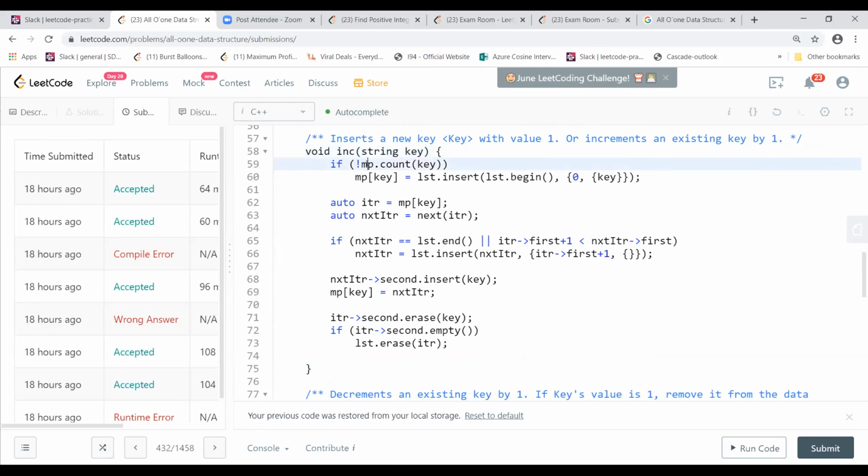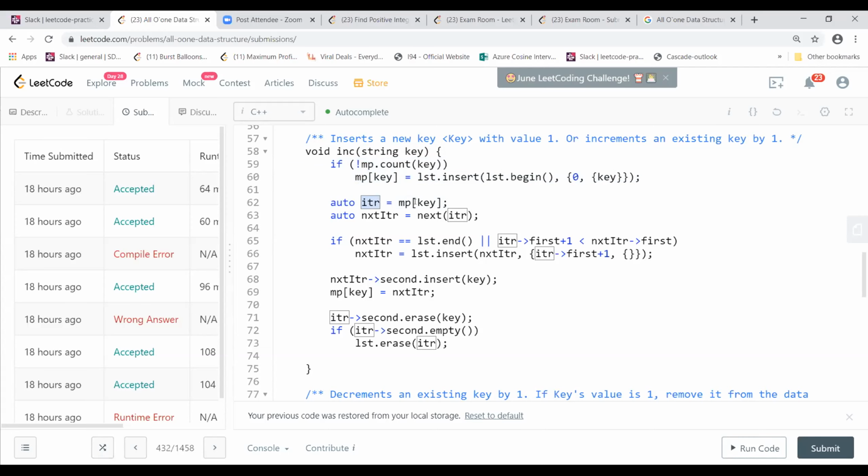So I have this map first. First I look for the key. If I don't find the key, then I actually insert that. So when I insert, it means that my current key will be of count 1, correct? So for that, I initialize it to 0 count value. The key will be at 0 count. So I just insert in that map. I don't do anything here. But if it is already there, I won't go in this one because I already have the key. So I just find the iterator.